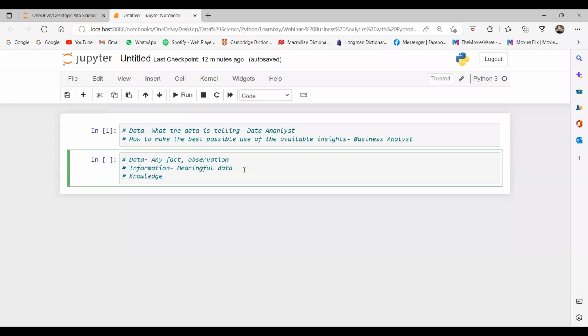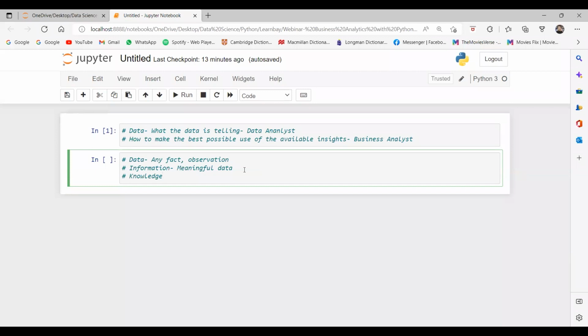Whether you take an example of a doctor or an engineer, what are they doing? They are just collecting information, right? That information, after some time, as they keep on collecting it, brings the knowledge to them. Like after 5 years, 6 years, in the same field, they can say, okay, we have knowledge in engineering, or we have knowledge in medical science. Yes or no? So data brings information. We get the information from the data, and information makes us knowledgeable. It gives us knowledge. Everybody agrees with this?